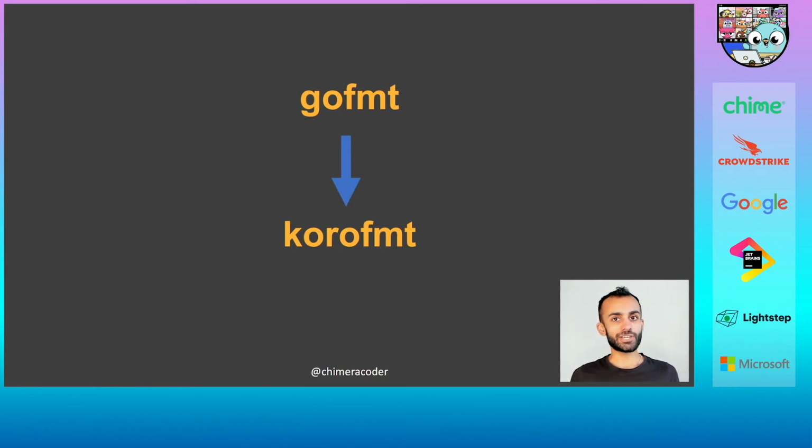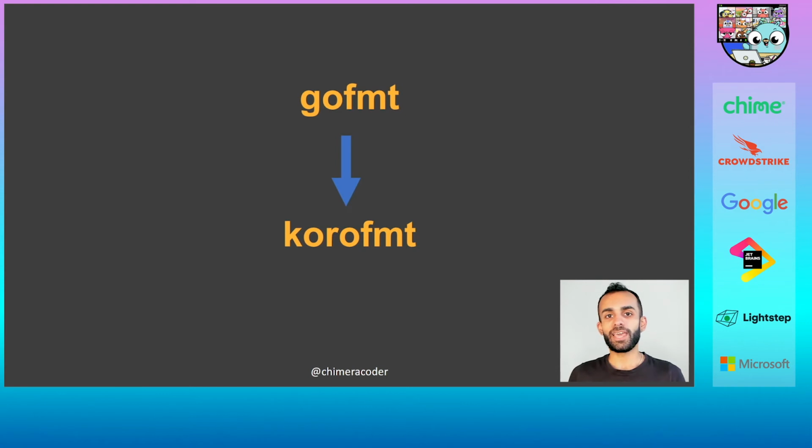Well, as for the translation, Go already has a handy utility for formatting source code called GoFormat. And mostly we use that to prevent bike shedding over things like the tabs versus spaces arguments. So instead of arguing over the proper way to format source code, everyone can just set up their editor the way that they want. And so if I want to use 4 spaces for indentation and you want to use 2 spaces, GoFormat means that we can still work together. We just each set up our editors to render tabs at the width that we want. And after we save our code, we run GoFormat and it'll automatically translate our code to the standard style.